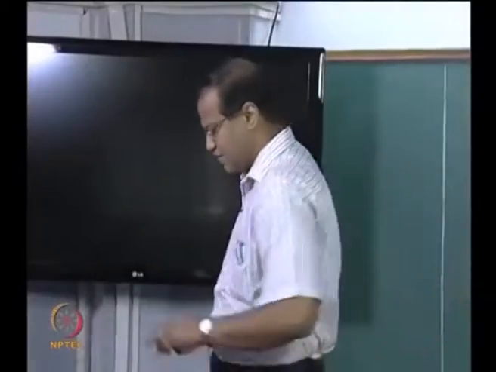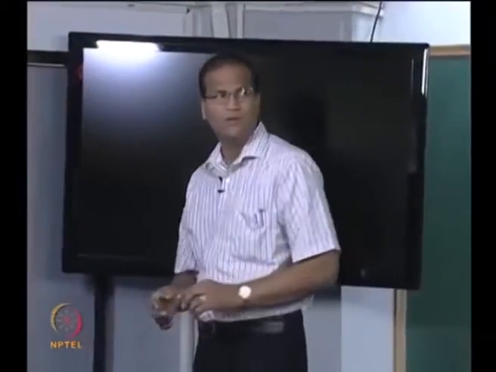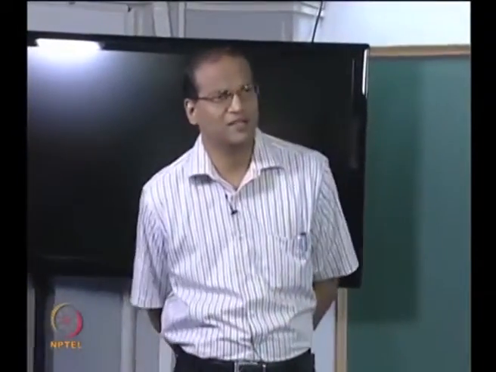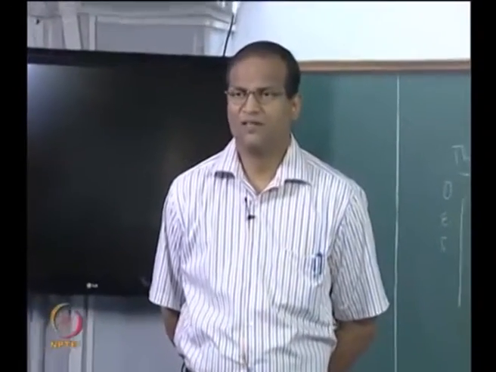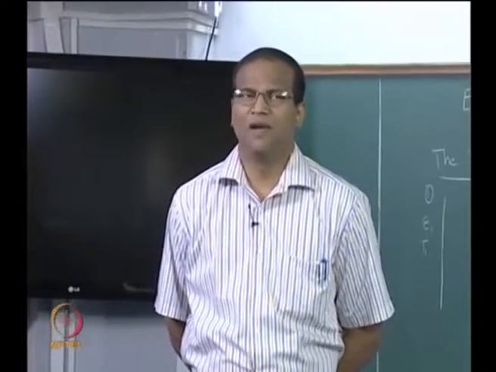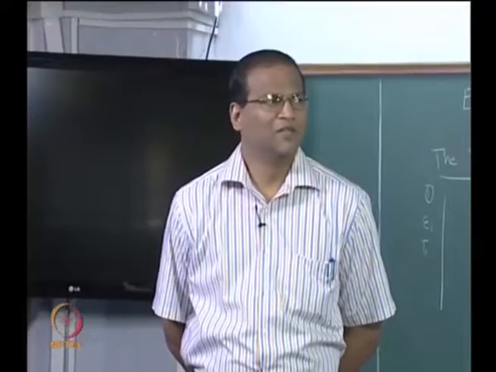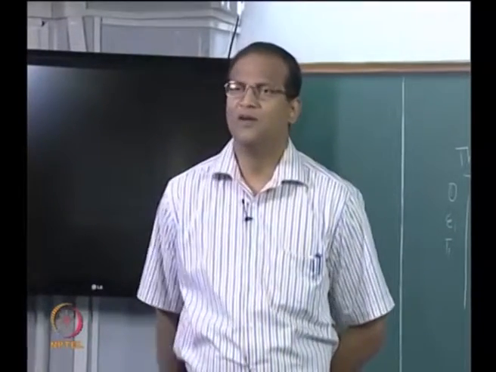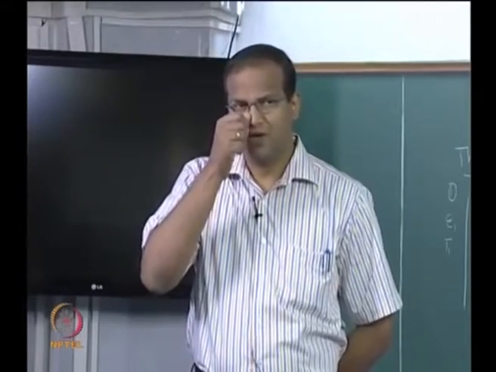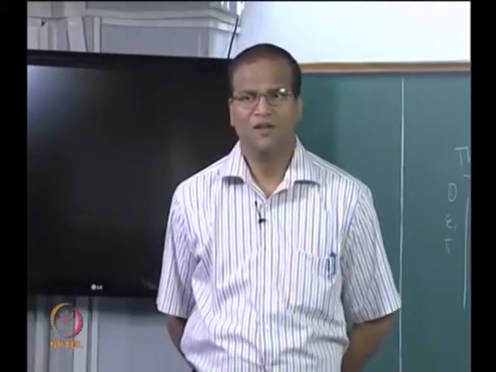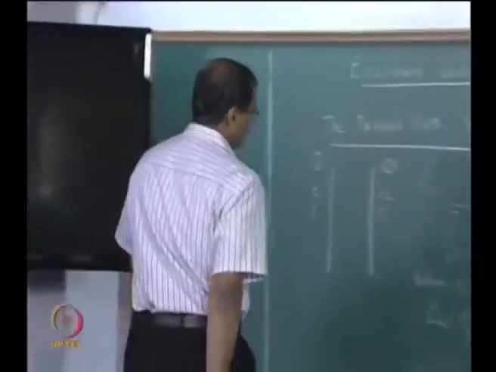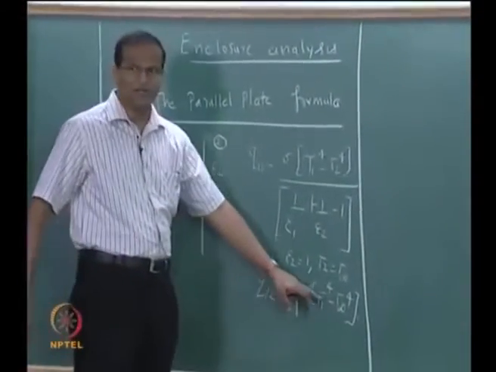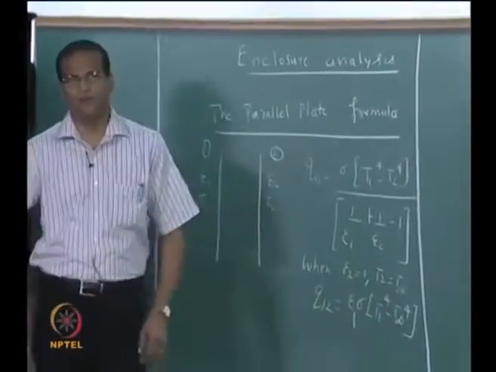Okay, in yesterday's class we solved a few problems in enclosure analysis. We started off with a one surface enclosure, namely we just took a plate which was having an emissivity of epsilon or epsilon 1, temperature was T or T1 and the outside was T infinity. You can consider it to be a black body at T infinity. We got the very familiar result, q equal to epsilon sigma (T to the power of 4 minus T infinity to the power of 4).